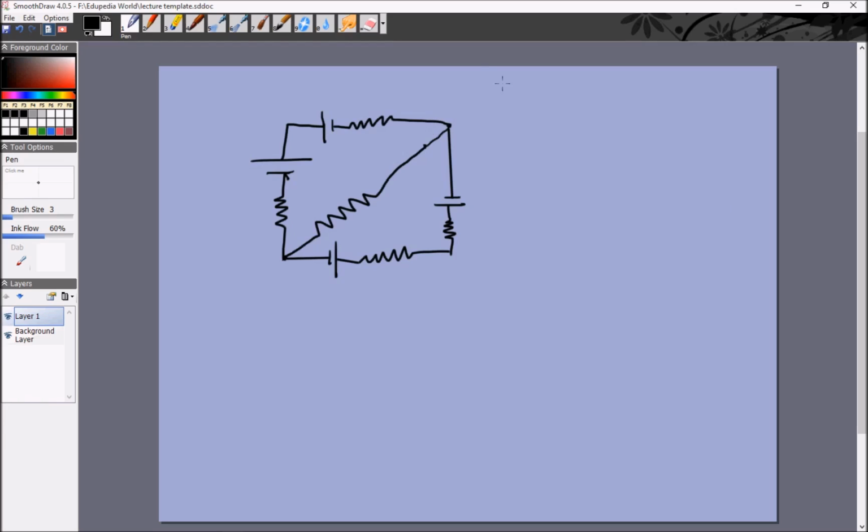Yeah, so this is our circuit. It's a complete circuit. It has batteries and it has resistances, right? The batteries have EMFs of 3, 1, 2 and 1. The resistances are 1, 3, 1, 2 and 2. Let's just label some points as well. A, B, C, D. So what is asked in this particular question is the potential difference between B and D,